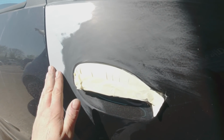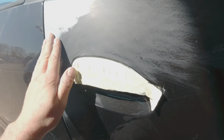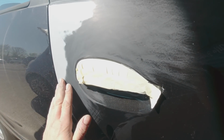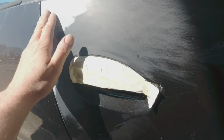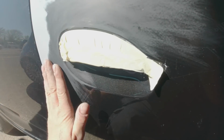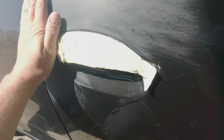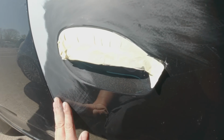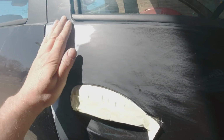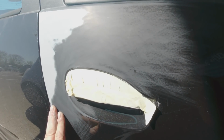So filler on, go over the top of that with a 120 because it was quite smooth, so I only needed a 120 grit on the orbital sander, without a sponge on the orbital sander, so with the hard edge on it to make sure it stayed flat all the way through. Did that, then I did a 240 pass on it as well and a 400 pass on it, then filler primer over the top, 3 coats of filler primer,